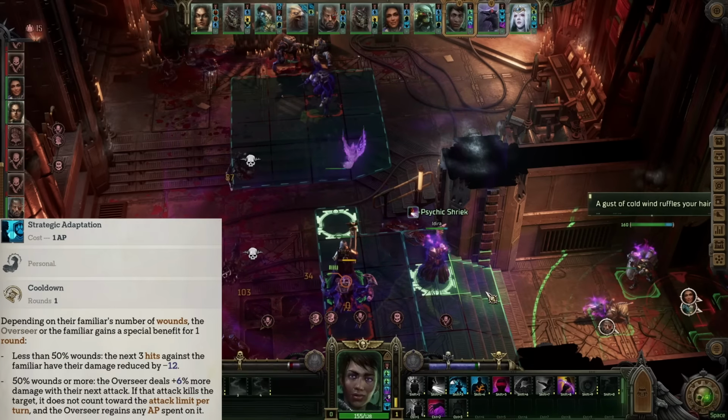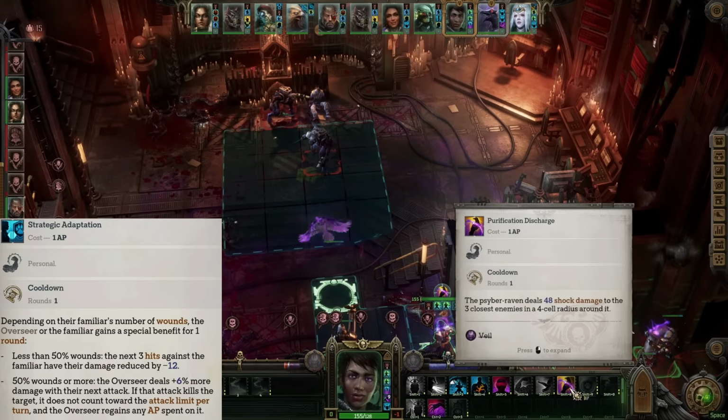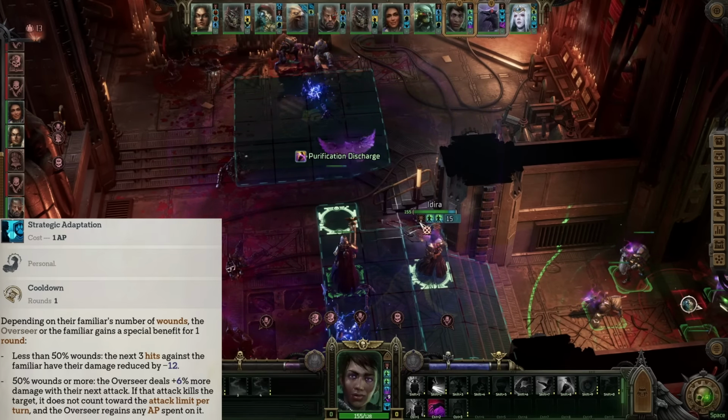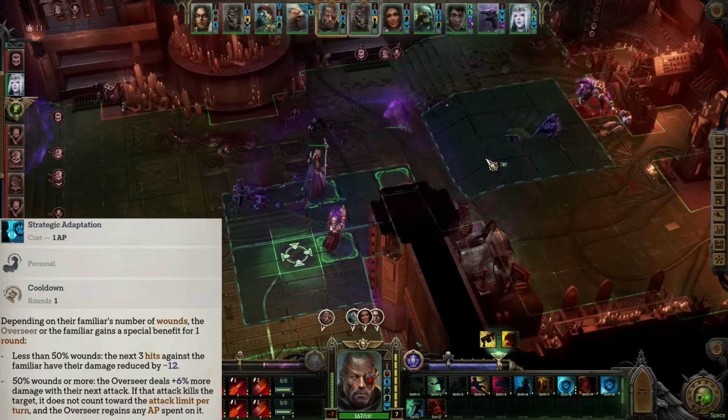Strategic Adaptation provides a bonus for one round depending on how many wounds your familiar has. If they have less than 50% wounds, the next 3 hits against them have their damage reduced by an amount equal to your fellowship, intelligence, and perception bonus combined. This is great if you have a playstyle that relies on comboing with your familiar and really need it to stay up. That being said, I found keeping familiars alive difficult to some degree